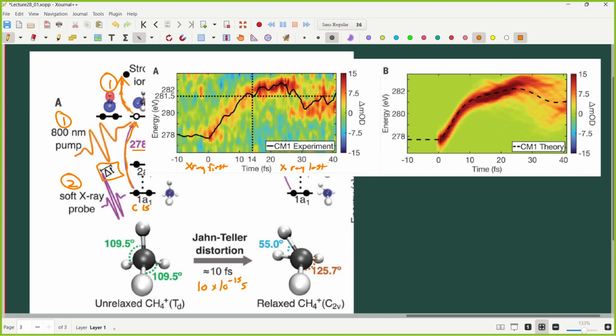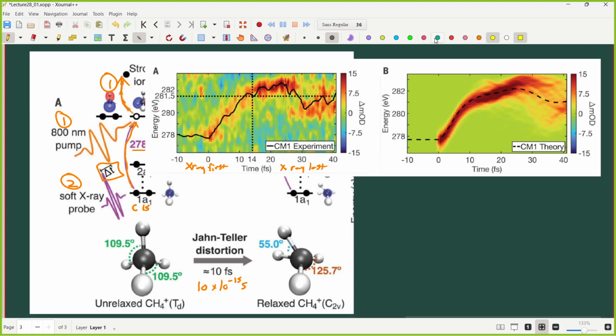So you hit t equals 0. This is where the X-ray and the pump are at the same time. Voila, we get some signal. Right? Get some signal. And look as you track it, as we move on, we're delaying the X-ray pulse slightly longer and longer each time. And what happens? Well, the energy of the absorption starts at 278, right? That's what we see for tetrahedral CH4. But as we go along and delay the X-ray probe,